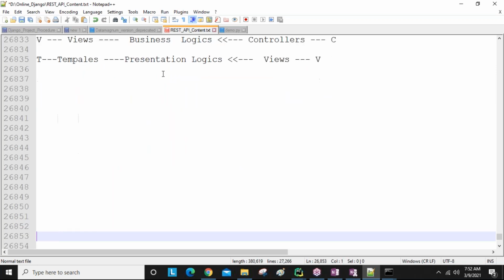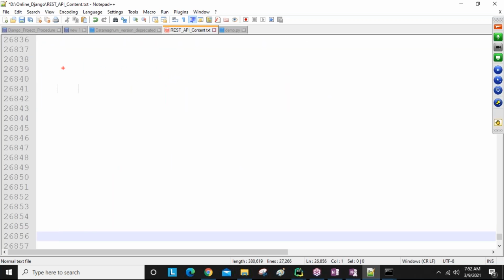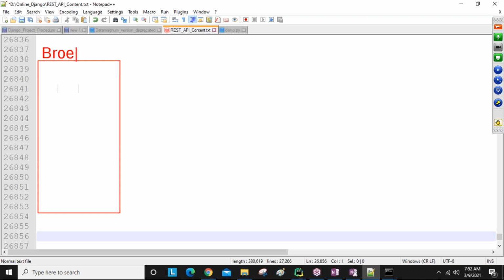Now you can see here, just an assumption, guys. Here I have one browser. From the browser, we are sending the request, guys, in the form of a URL. Something like some IP address and some port number. For example, I'm going to take some port number like this.